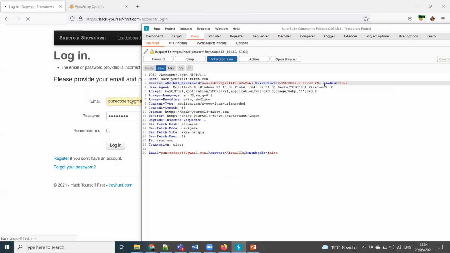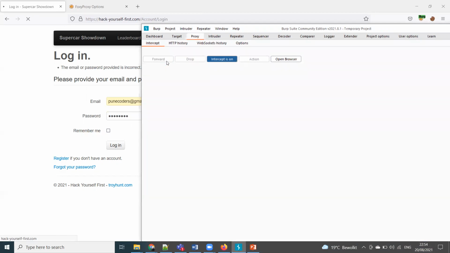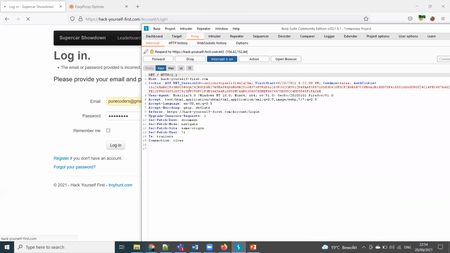I just need to check this is admin false and make it true. Let's see. Again is admin false. It's true. Forward it.